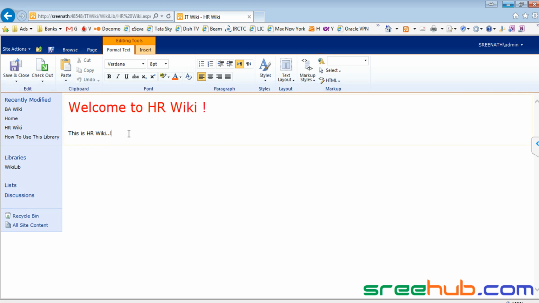Let me just edit. Yeah, this is HR wiki. I'll say go to BA wiki. BA, right? Now let me just start with this. Can you see here? You can see HR wiki. Whatever you have created will be given in the drop down. Let me click on this BA wiki, right, and close, and let me save and close,